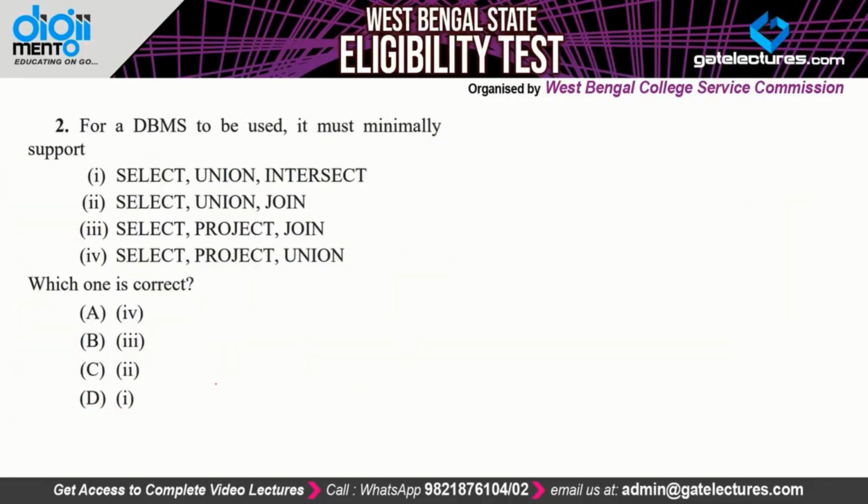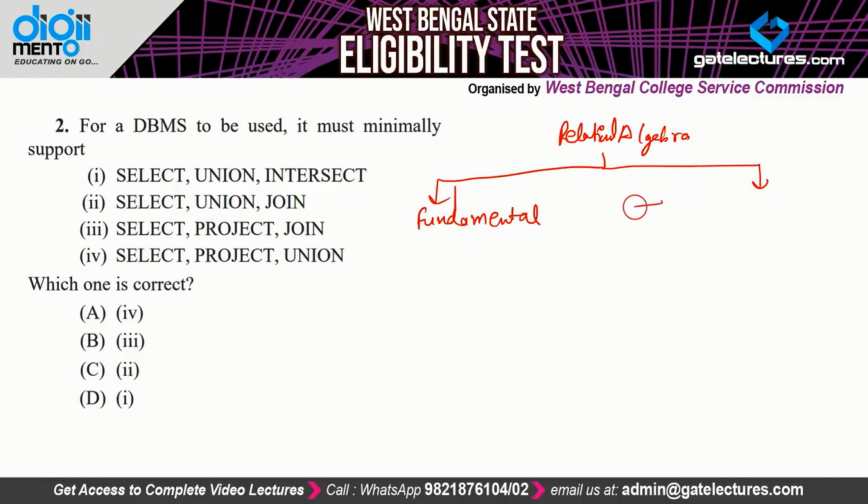The next question is from DBMS. It is saying for a DBMS to be used, it must minimally support which of the following operations, and which of the following is correct. Now see, in case of DBMS, it is generated using algebra, which is also called relational algebra. Now this relational algebra has two kinds of operations. Number one, fundamental operations, and second, derived operations, which are also called